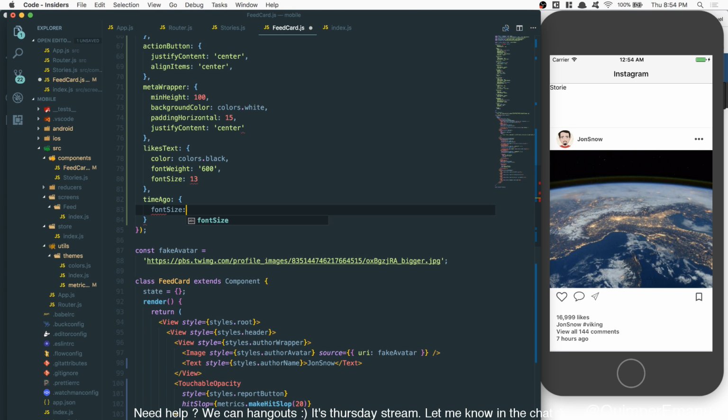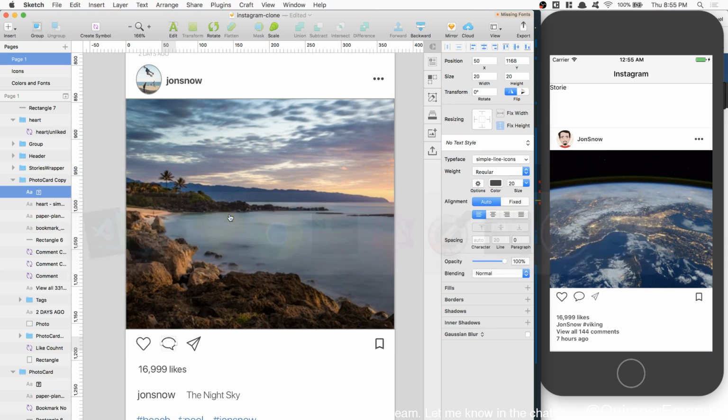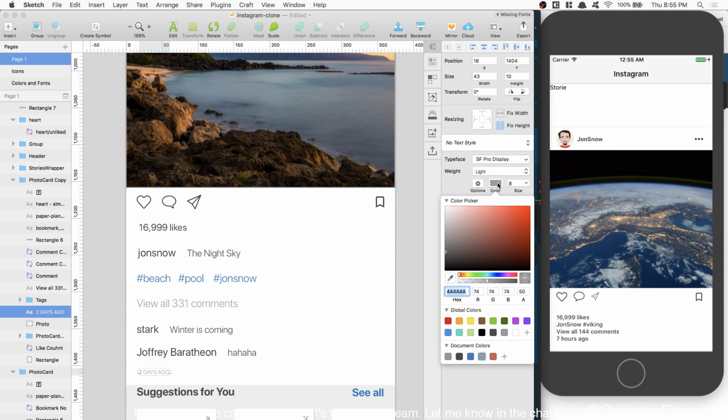Font size is going to be 13 again. Maybe less. This one I think I'm going to say 11. And font weight is going to be really small, so I'm going to say 400 maybe. And for the color,